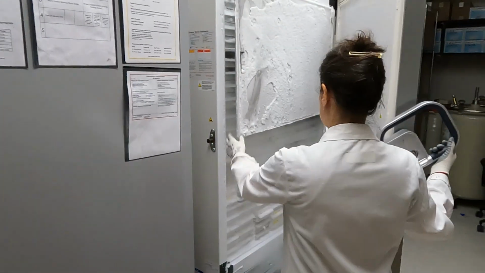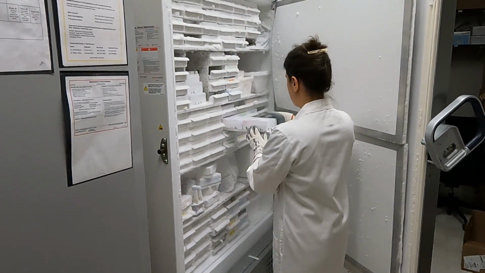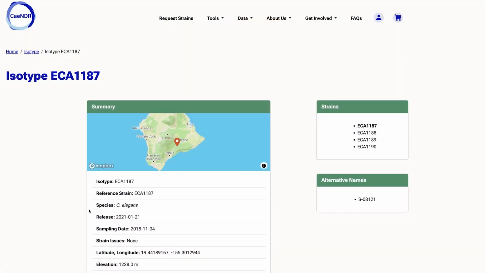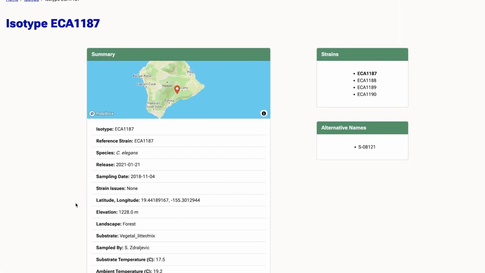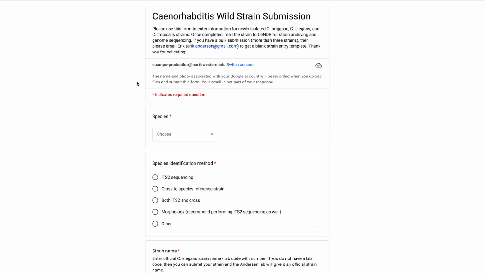All of these strains have been cryopreserved in CaeNDR and are available to the community so that anyone can do their own studies of natural variation. We've built a series of tools to browse where worms are found in nature, environmental conditions at the time of isolation, and pictures of the natural substrate. You can collect your own wild strains and then submit them to CaeNDR to increase the natural diversity for the